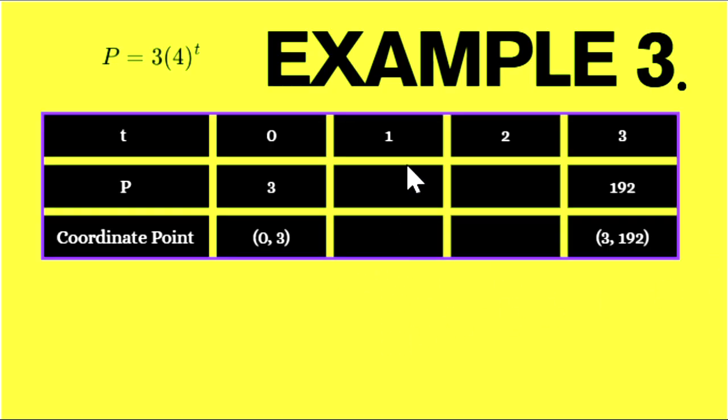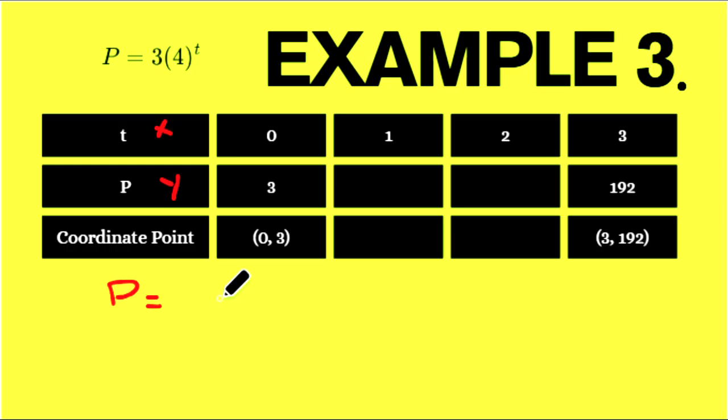Okay, so now we need to figure out day 1 and day 2. Now, at day 1, this is also x, and this is also y, okay, which is why we have these coordinate points down here. So we're going to have p is equal to, we don't know,